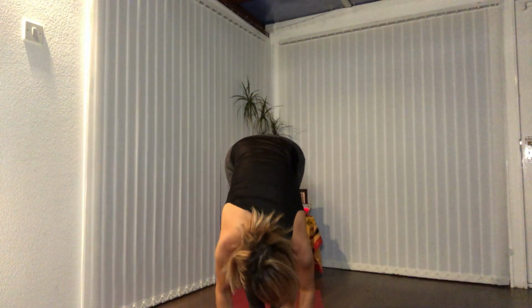And release. Let's try the other side. One side might be more wobbly than the other. So take that left foot to the right ankle, or to the calf, or to the inner thigh, engaging that thigh. Hands to the heart center, arms all the way up to the sky. And then releasing. Moving to the front of your mats, inhaling arms up, exhaling to fold forwards, inhaling to come